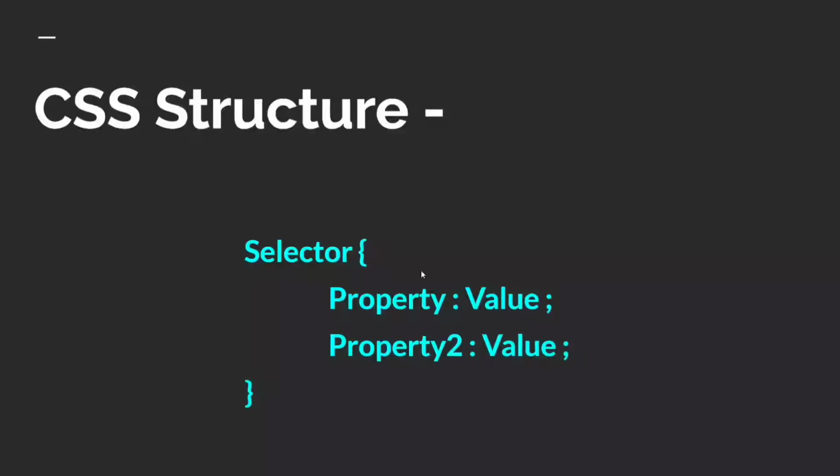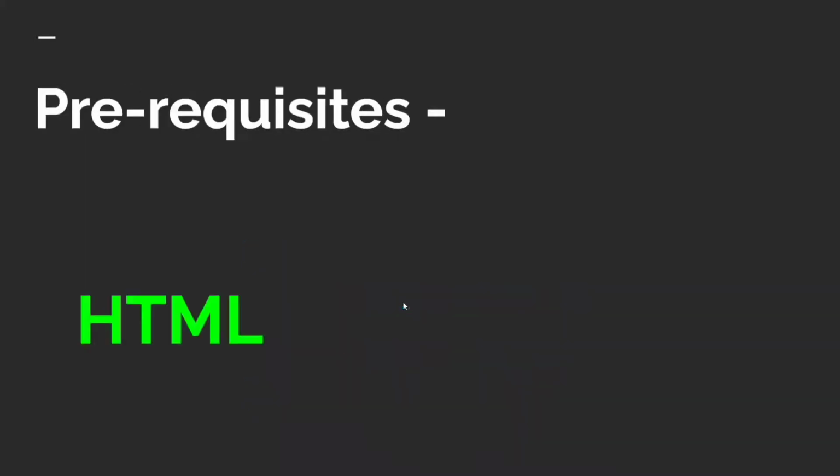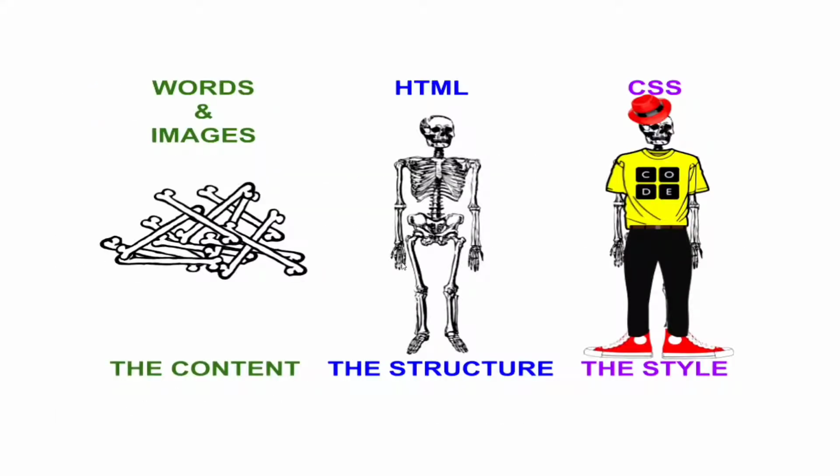What is the structure of CSS? In the structure of CSS, there is a selector, and with the help of the selector we select a specific element or different elements, and then we set a value to a specific property. Let me explain it with the help of the same example. With the help of a selector we select the legs, and after that we give a value red to a property shoe. That's how CSS works. We select a specific element or different elements with the help of a selector, and after that we set a value to a specific property.